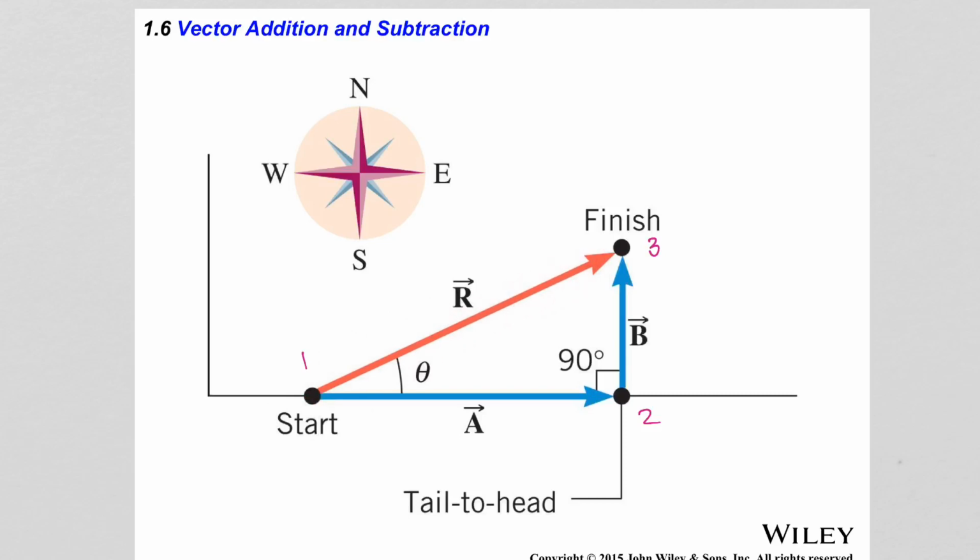Notice that I say starts and ends, which then also defines the direction of the net displacement. So notice something interesting here. The object displaced from position 1 to position 2, and then from position 2 to position 3. But the displacement between the starting position 1 and the final position 3 is this straight line